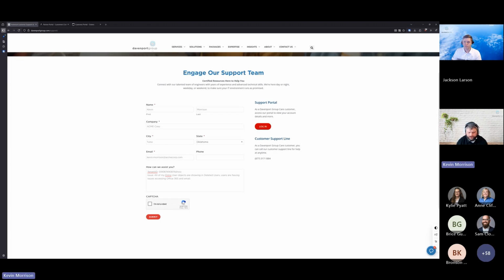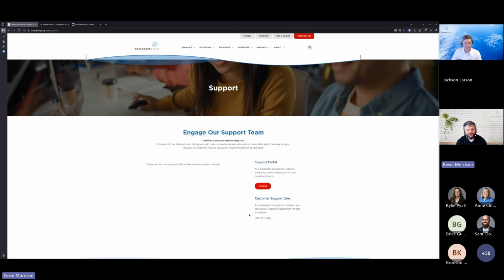So all this really does is you just submit your information. I'm just going to submit this as a test ticket to our backend team. When it goes through, it'll say, okay, thank you for contacting us, we'll be in touch with you shortly. If you have a problem and it's more critical than submitting a ticket through our website, you can give us